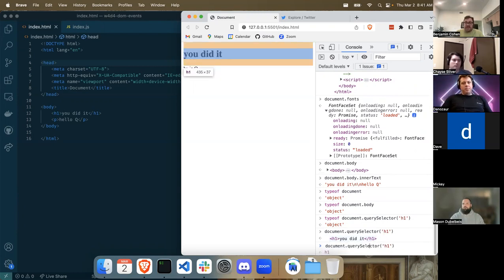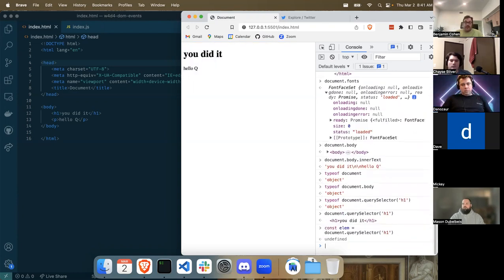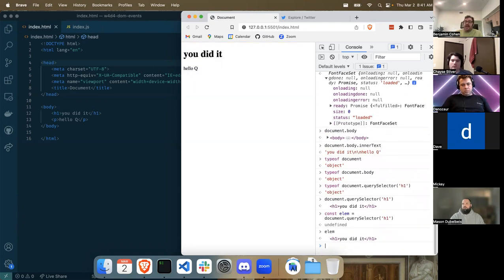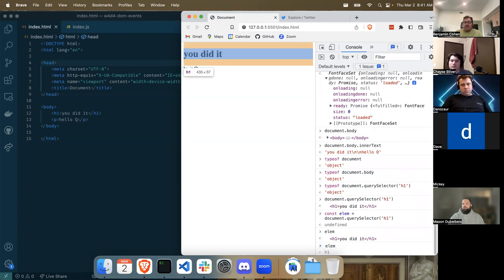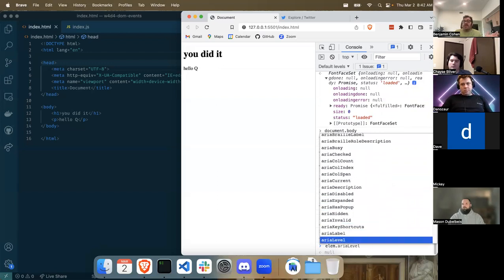So again, if I were to save that, let's say I'm just going to call that elem for now. If I were now to look into elem, if I just hit elem, it's going to show me that H1, but that's just it knowing how to print itself. But if I hit elem dot, I see I have so many things I could do on that element